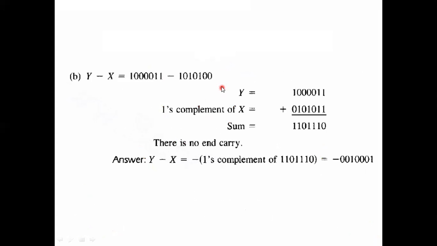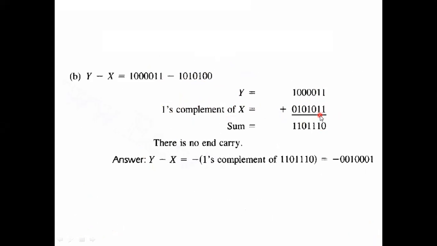Okay, y minus x. So what are we subtracting? We are subtracting x. What we are subtracting is the subtrahend. For that we calculate the ones complement. Since we are subtracting x here, we calculated the ones complement for it. Okay amma, so we get the result by adding these two, y plus the ones complement of x. So this is 1 plus 1, that is 10. 1 is the carry remaining.